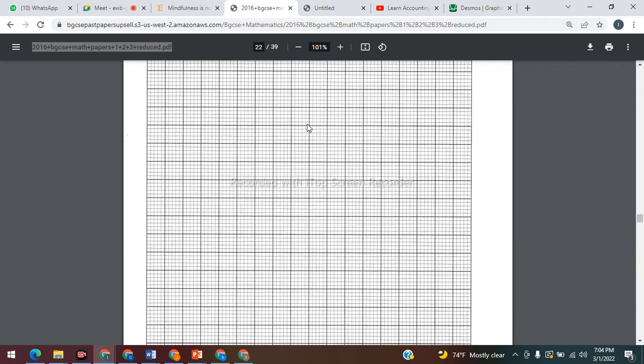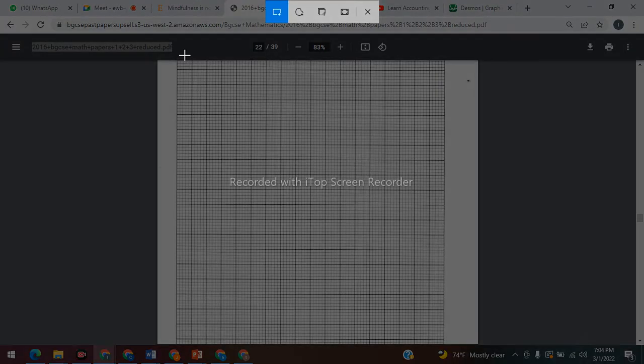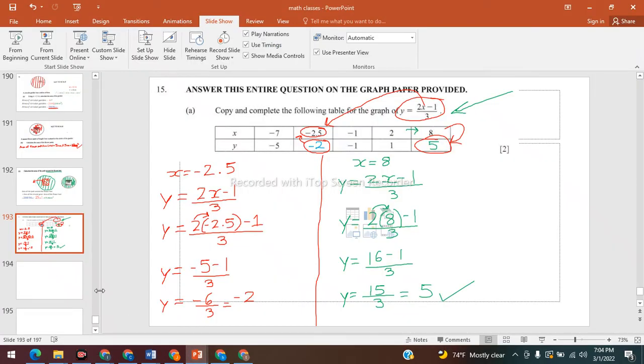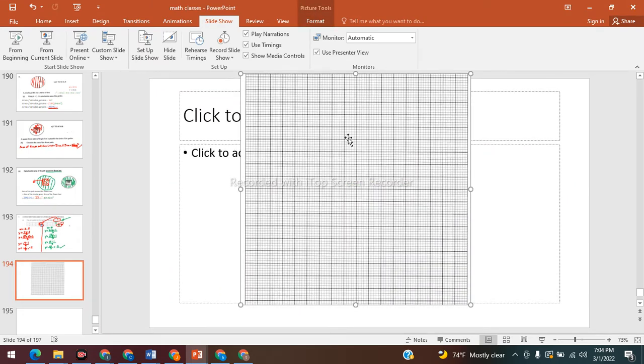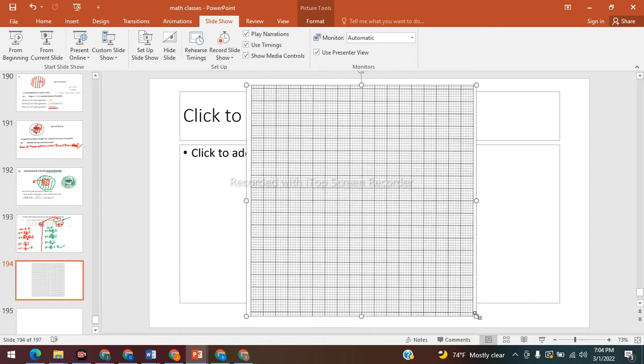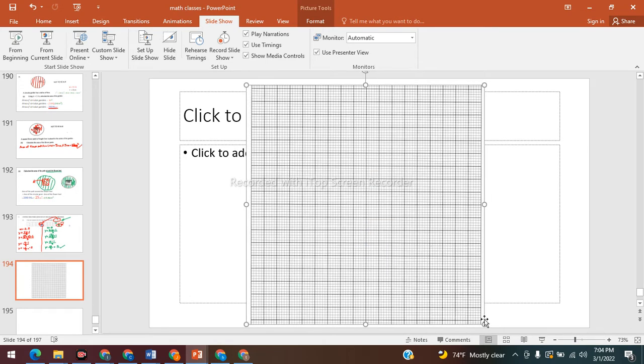I'm gonna grab this graph paper. Hopefully I have enough. Wait, we did do graphing before, right? But that one was kind of weird. It's true, we haven't done graphing in a long time. That's true. We should do a graphing.